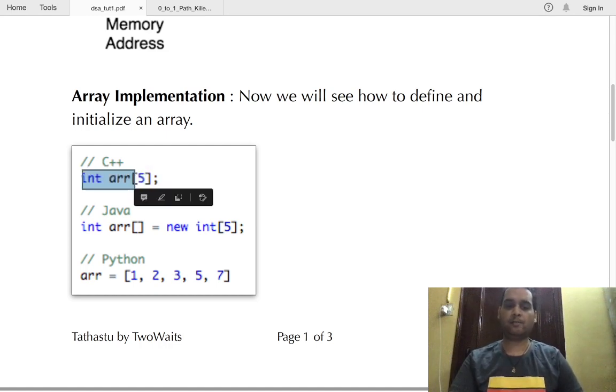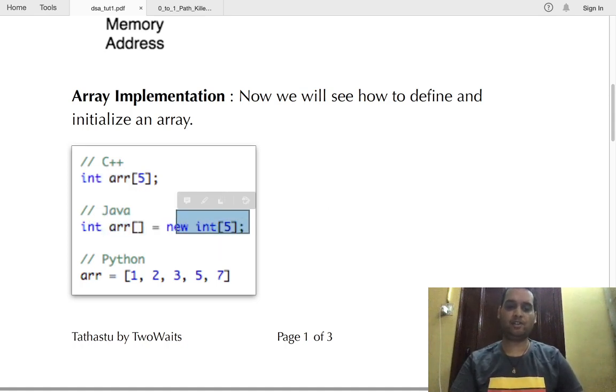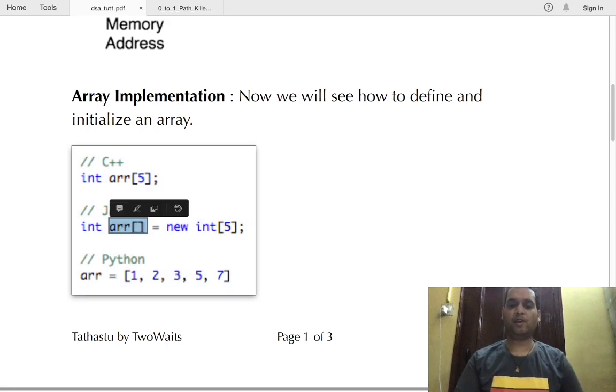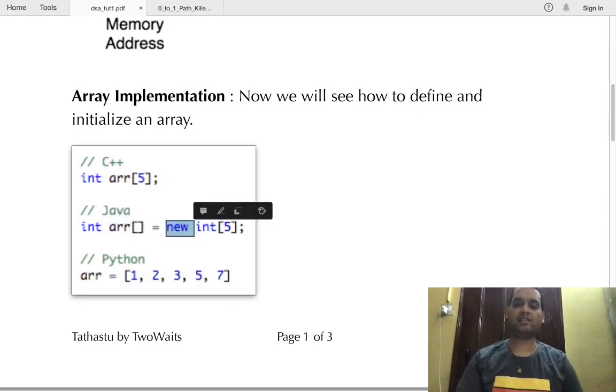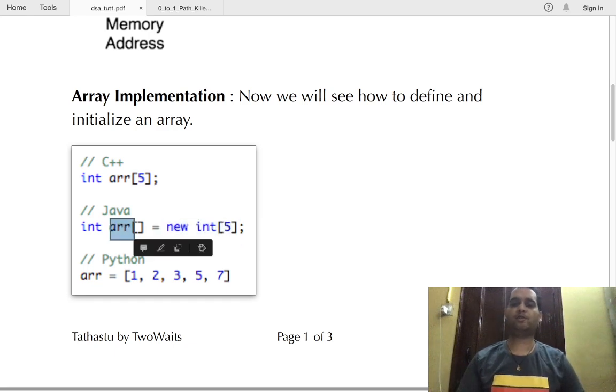In Java it is similar, but it is initialized as well, like initial values are also put to it. Okay, so this is array definition. This is array definition along with initialization. So in Java, array square bracket, the variable name equals to new. New allocates a memory block. In this case, 5 size of the array into 4 bytes. So 20 bytes of memory will be allocated to this array variable, ARR variable, which we can use in our program.